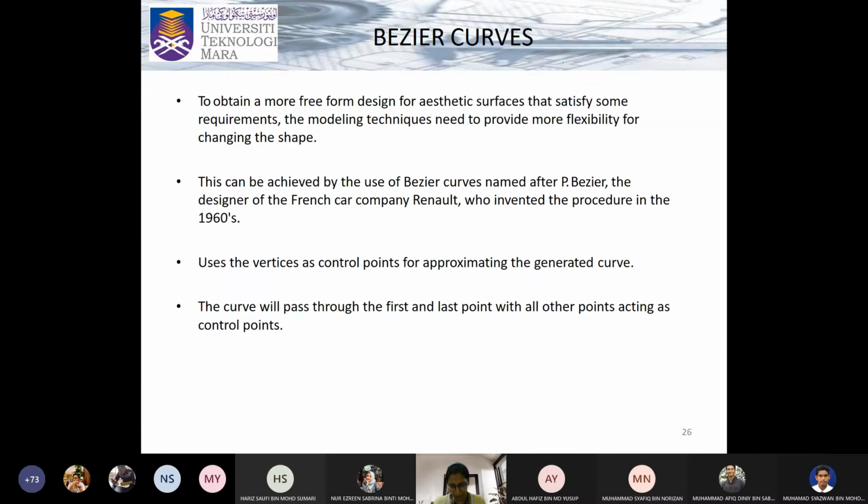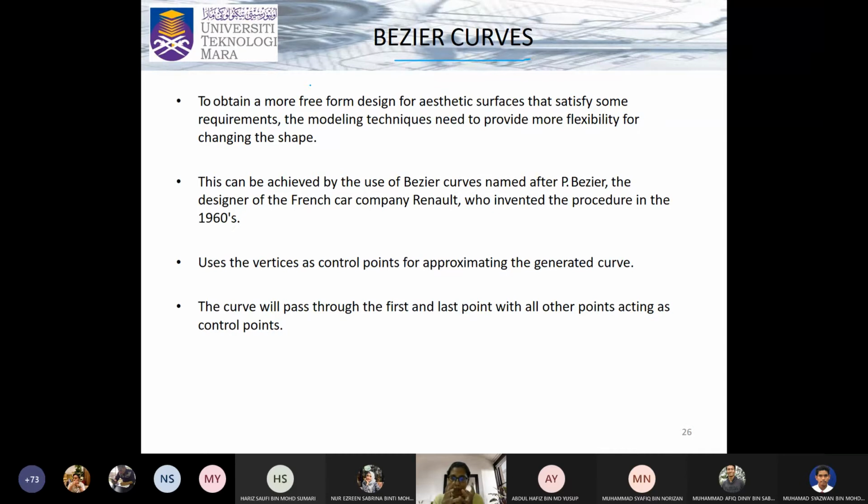Seeing the concepts here. Now we move on into the free-form surface. So earlier on we talked about classification. So this is the third classification of surfaces. We are not talking about resulting surface now. We're talking about the third classification of surfaces, which is now Bezier. So what is Bezier, right? Basically, if you want a more free-form design,